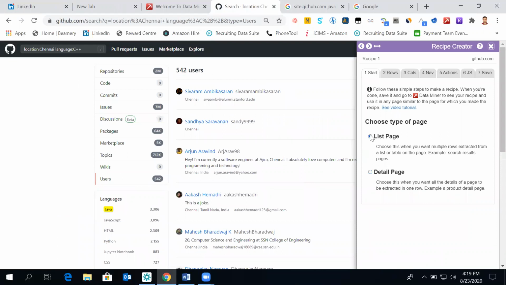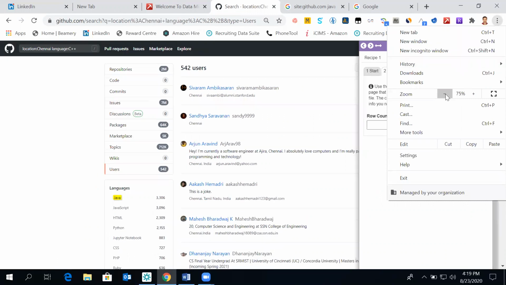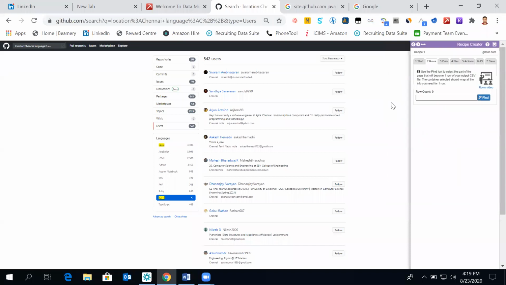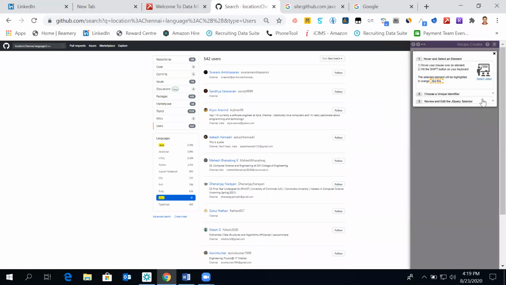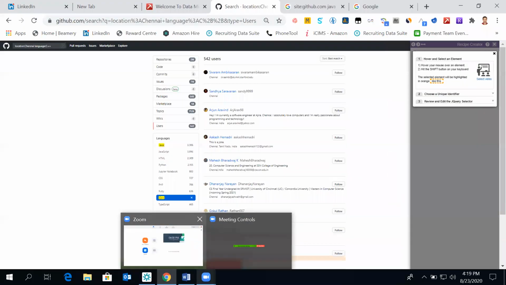So we'll go with list, click on rows. Now we click on find. Let me minimize it. Once we click on find, we need to identify... give me a moment, guys.